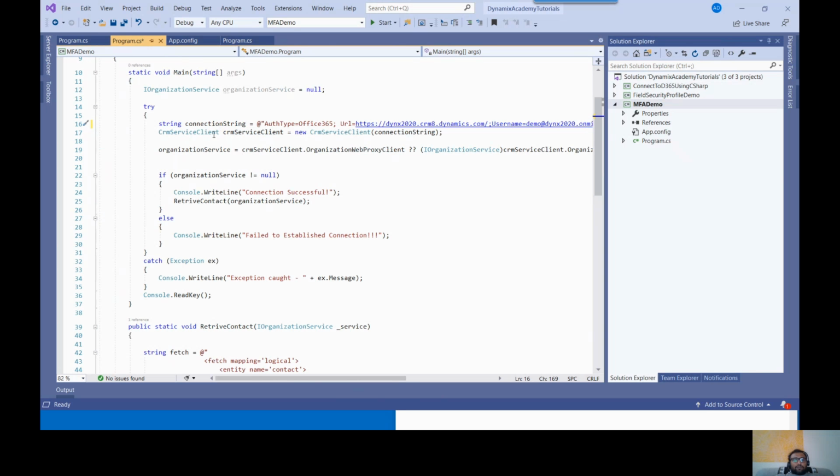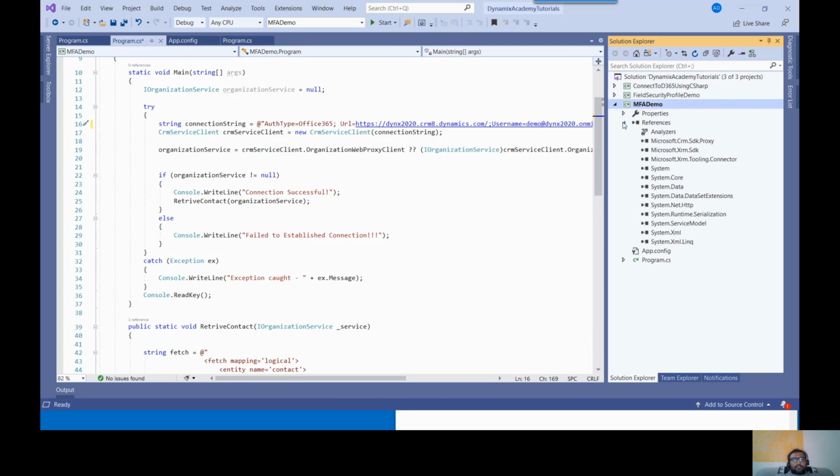The next line of code is you need to use an object of type CrmServiceClient. This class comes from the Microsoft.Xrm.Tooling.Connector, to which I have added a reference. Then you pass the connection string which you built in the previous step into this object, and initialize it using the constructor.